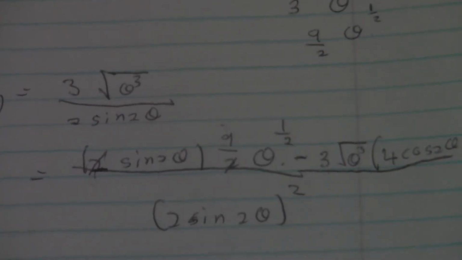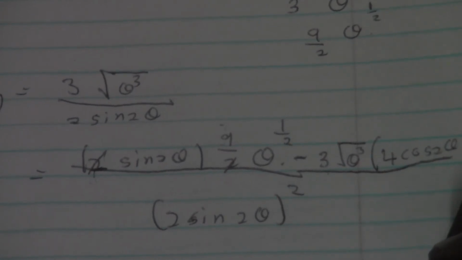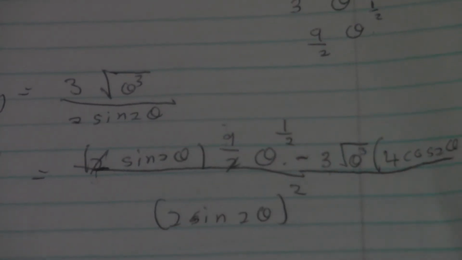This cancels out. So I get 9 sine 2 theta times 9 theta to the half power, which is 9 root theta, right? Minus 3 root of theta cube